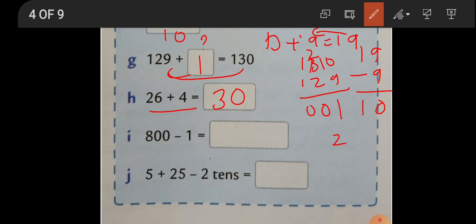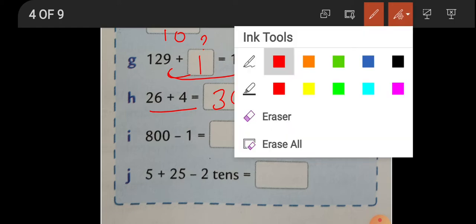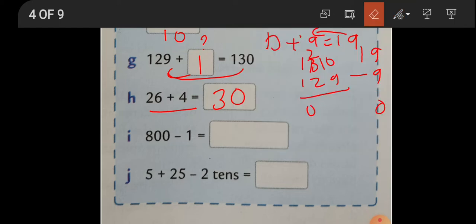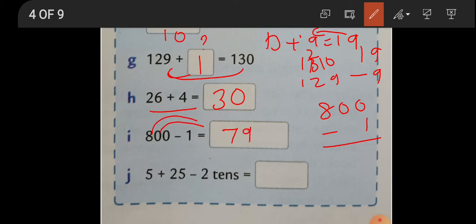Now 800 minus 1. How will you do 800 minus 1? Yes children, let's do. Come on, 800 minus 1. Minus 1 means just the number before. I have taught you. Before 8 is 7. Okay? Before 0 is 9. Before 0 is 9. Here the answer is ready. See here, this will become 7, will give 1 over here, it becomes 10, it will become 9, will give 1 over here, it becomes 9. 9, 9 and 7.